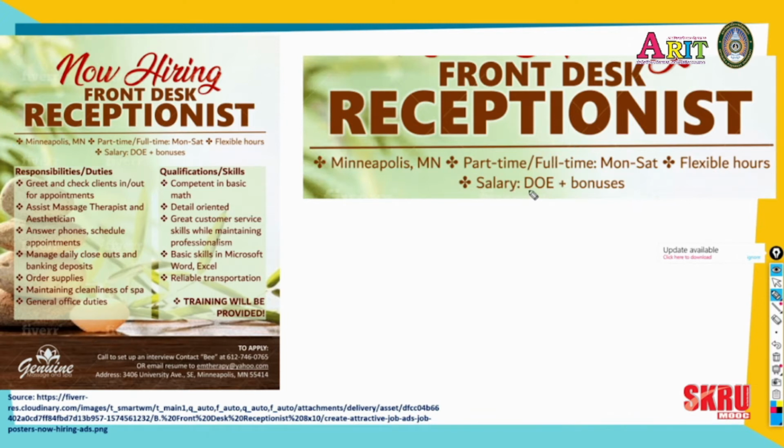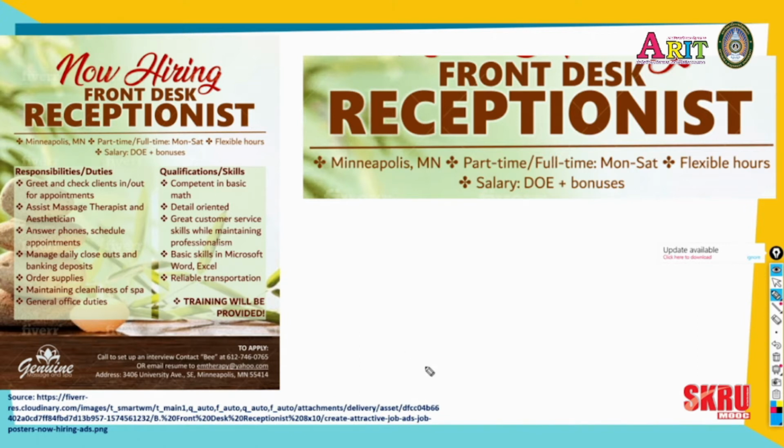And to help you understand, they're offering a salary, DOE. If you're not sure what these acronyms mean, you can look them up. In this case, it's dependent on experience. So you'll often find something like that. DOE depends on experience, how qualified you are for the job. Your salary may be higher. And bonuses, so extra money, extra payments if things go well. So there's a few things in there we want to make sure our cover letter and CV are clear about. That we are able to work flexible hours and make it clear if we want part or full-time positions.